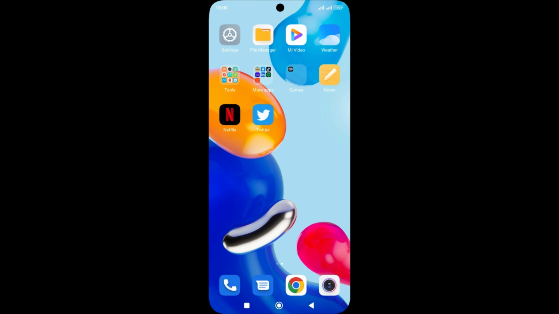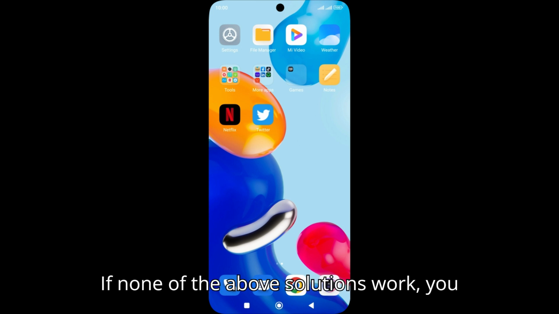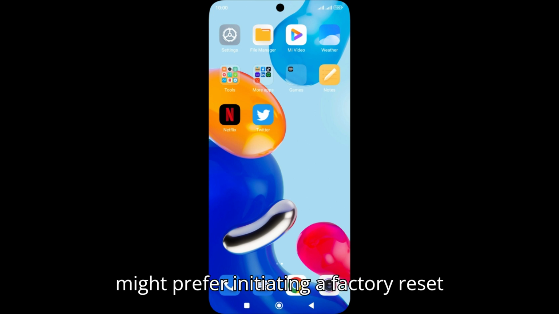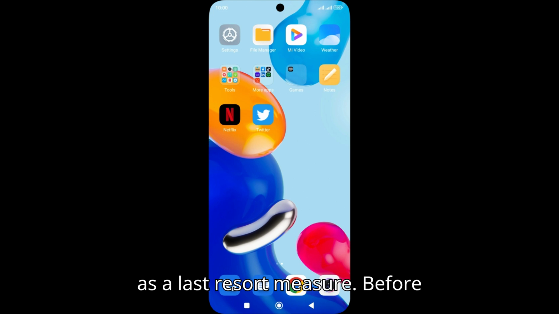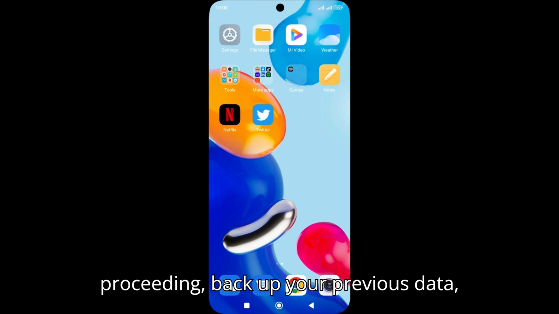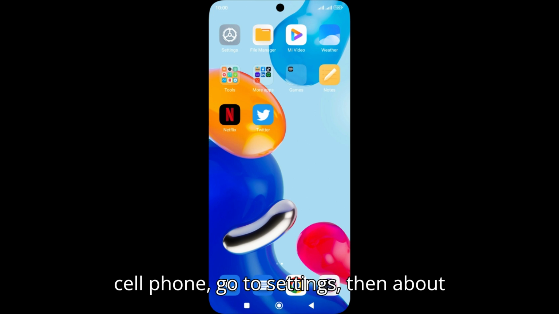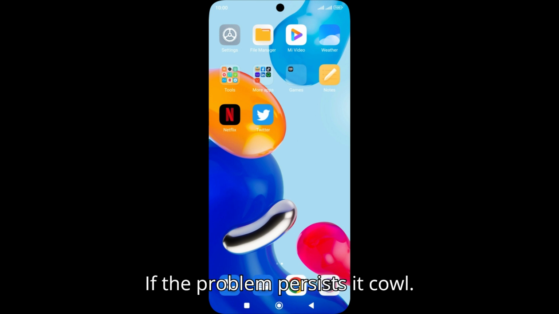Factory reset. If none of the above solutions work, you might prefer initiating a factory reset as a last resort measure. Before proceeding, back up your previous data. On your phone, go to Settings, then About Phone, and click Factory Reset. If the problem persists, it can